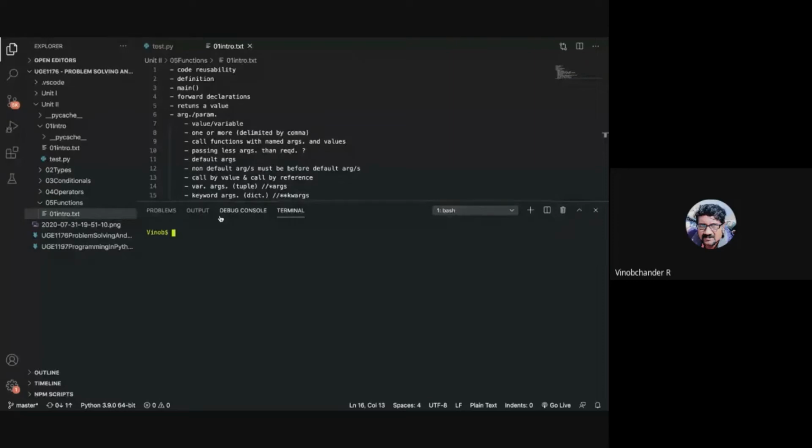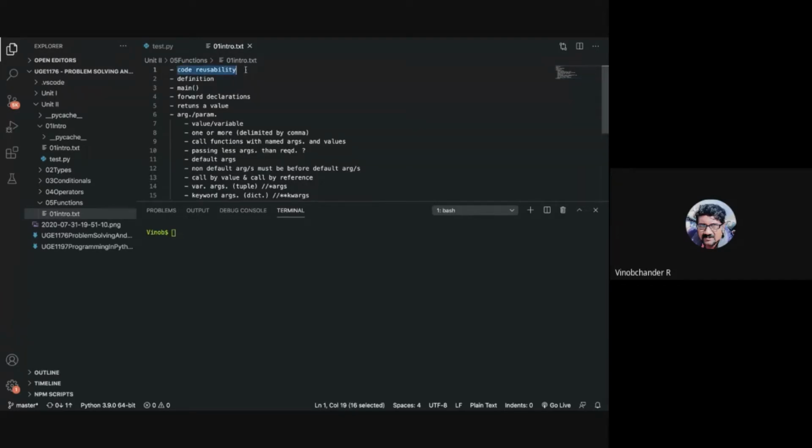In the code editor, Visual Studio Code, we will be talking about functions now. This is our next unit. We will be talking about functions, strings, and iterations. Iterations we have already covered. We will revisit that once again later, after we are done with functions and strings, right?